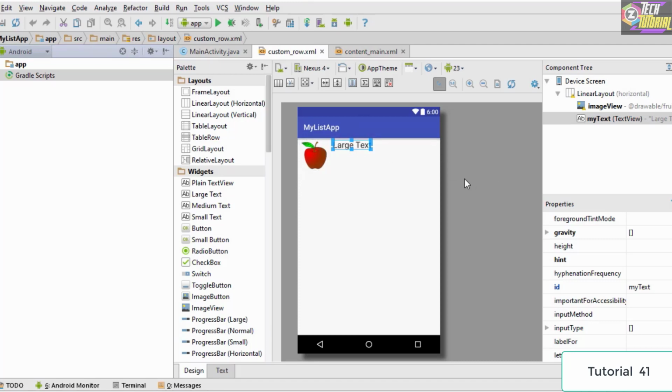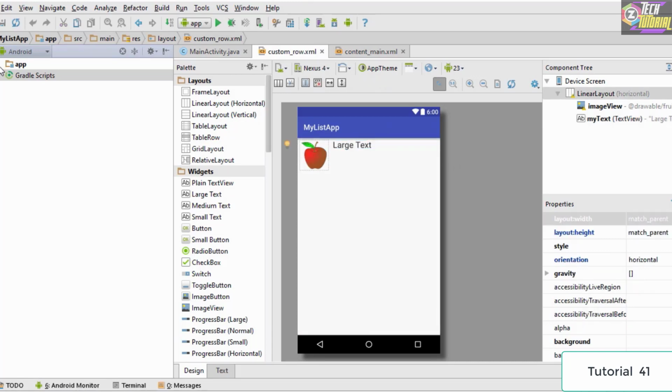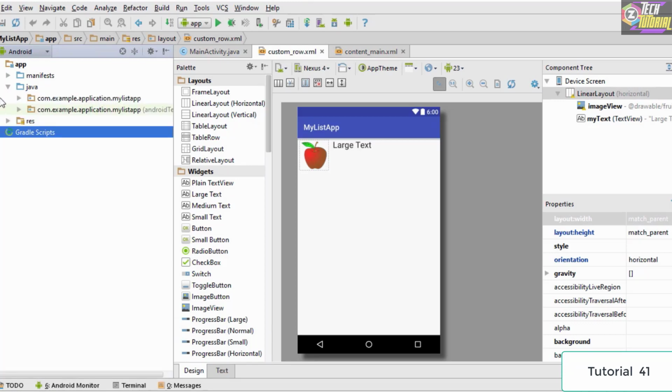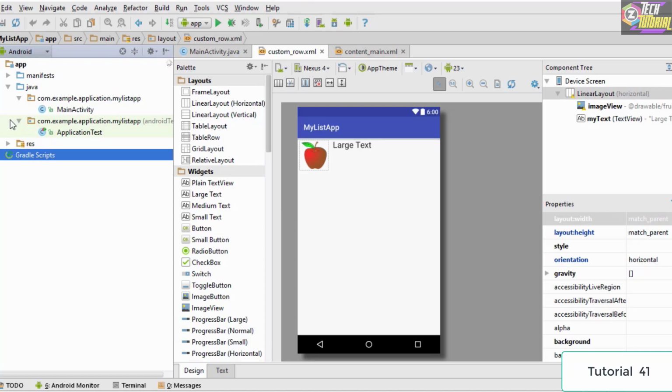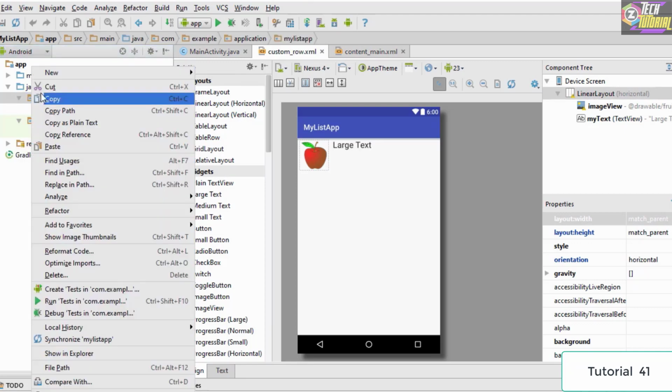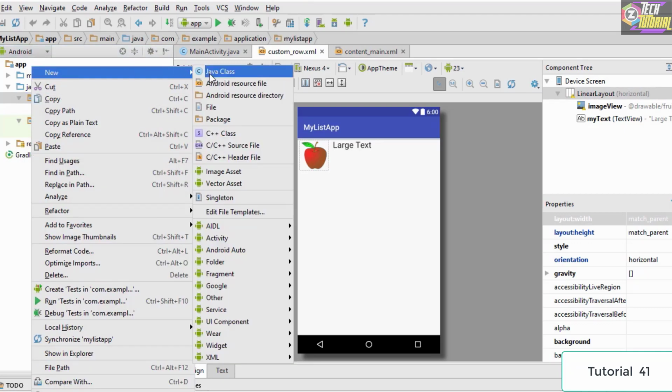Now once this is done, the next thing which we need to do is that we need to create an array adapter, or we need to create a custom adapter so as to display our list view. So in order to create a custom adapter, we have to create a new Java class. In order to create a new Java class, you simply go onto this application folder, and inside the application folder we are going to have a Java folder. So you simply select this folder, and if you have 2 folders, then you simply open it up, and we are going to select the folder which is going to contain the main activity. So we right click on this folder, go to new and select a Java class.